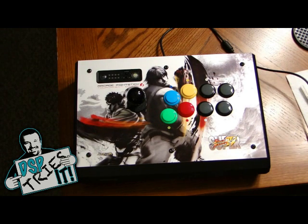Sanwa, at least for the most part, when it comes to home joysticks like this one, seems to be the market leader. Famitsu, from what I understand, actually is making some headway in the Japanese arcade market, meaning if you were to go to Japan and go to one of their arcades, chances are, more often than not, you'd be playing on Famitsu controls. So, what we're going to do today is review this Sanwa stick. I'm going to tell you its features and the advantages of having Sanwa parts, and then later I will also make a review of a Famitsu stick that I have, and I'll explain those parts as well. But anyway,